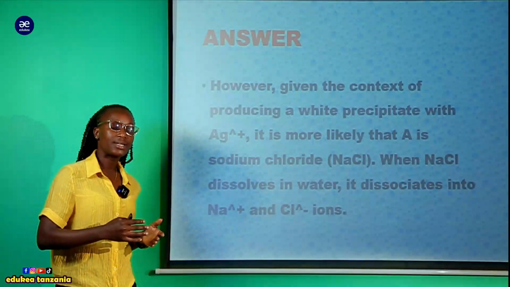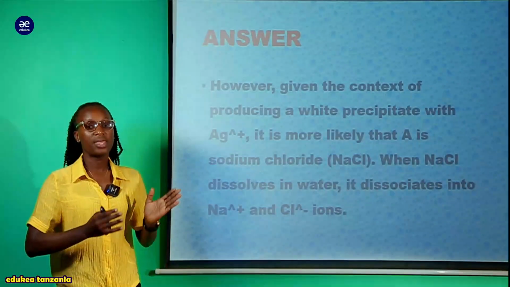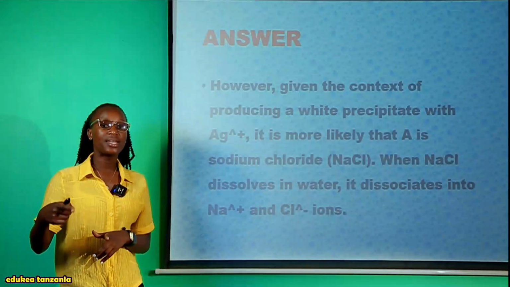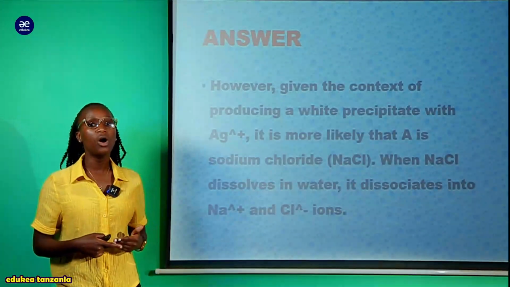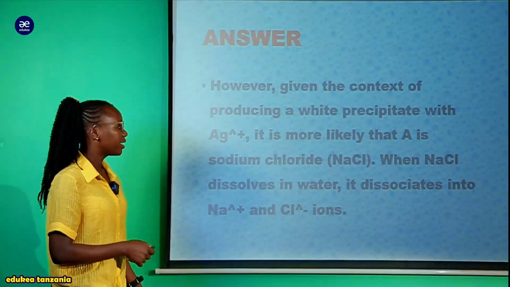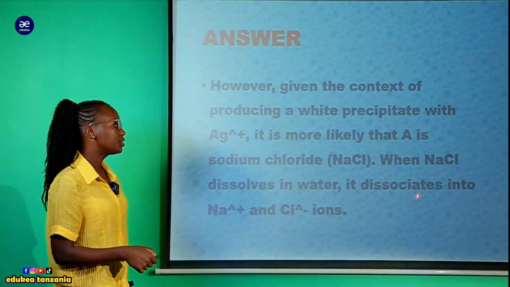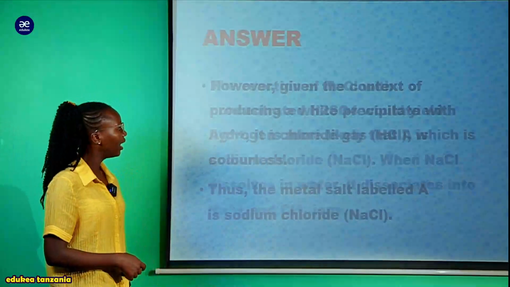Hasa zile chlorine ion zitaenda kureact with the silver ion ambazo tumepewa kwenye ile scheme yetu. Finally itaenda kutupatia ile silver chloride, which is insoluble compound ambayo ina display ile white precipitate. So you can see that when sodium chloride dissolves in water, it dissociates into sodium ion and chlorine ion, and the